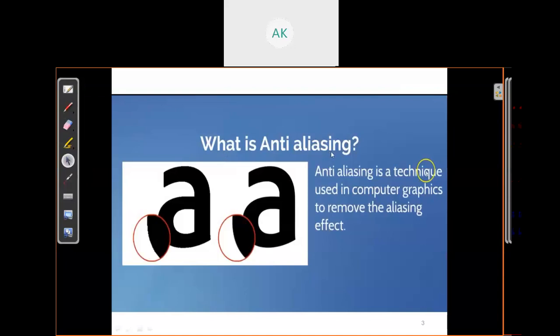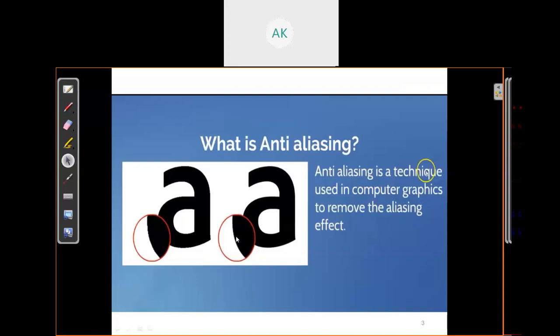So the next is, what is anti-aliasing? Anti-aliasing you can define as a technique which reduces the appearance of aliasing. It is a technique used in computer graphics to remove the aliasing effect. Suppose you can see this image, there is some staircase visible, but by applying some kind of anti-aliasing technique we can change the appearance of the object.